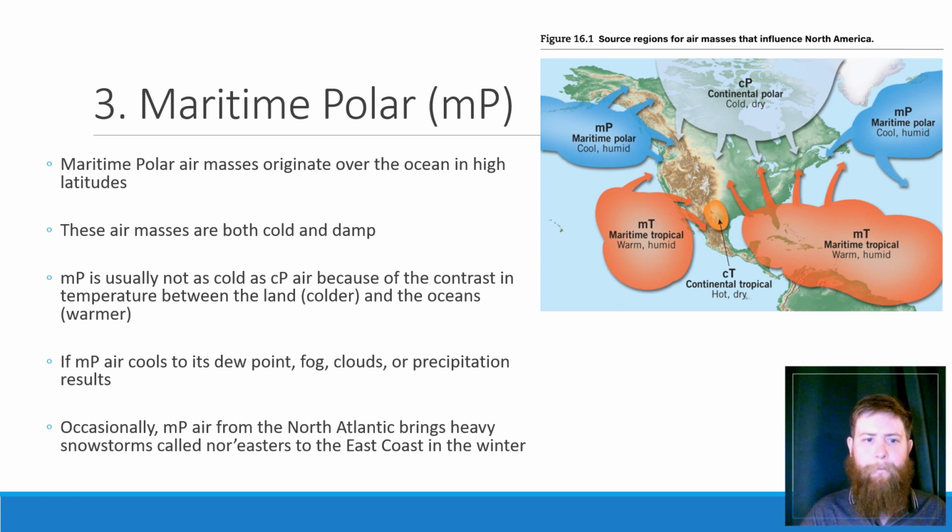On the East Coast, when it comes off the Atlantic, we can get heavy snowstorms called nor'easters. These are the really, really famous ones where we get like 6 feet of snow overnight, like in New York. They're not as common, but they do happen. Every year we get nor'easters. They're usually not that much snow. They're like 2 feet, but still pretty significant. Good enough to get a snow day.